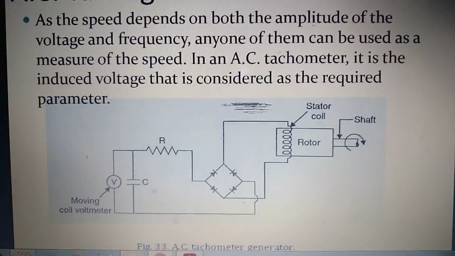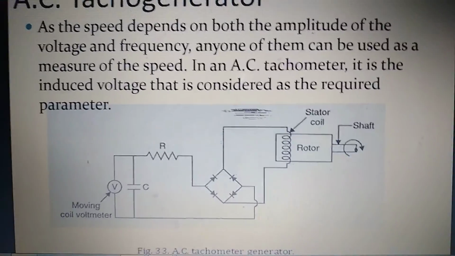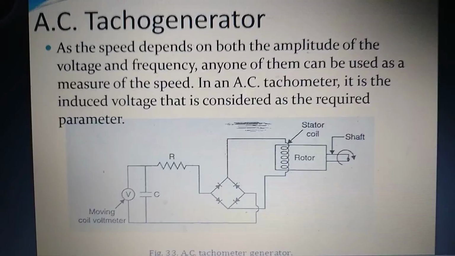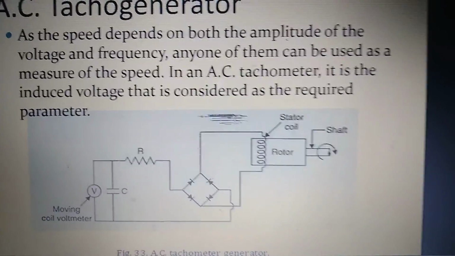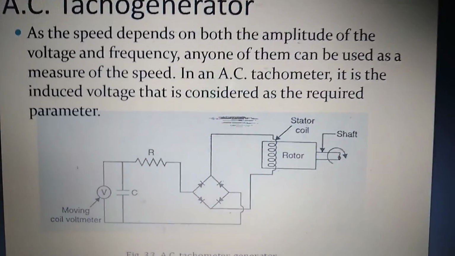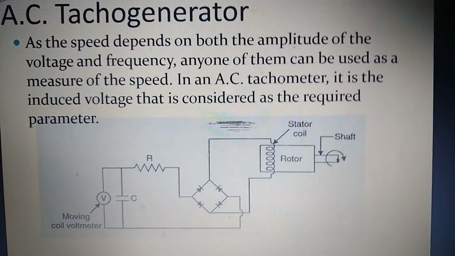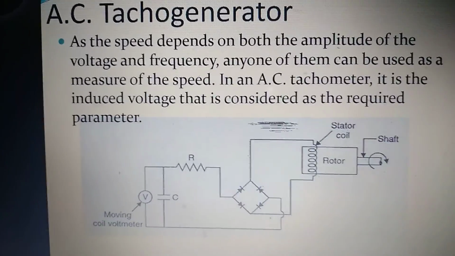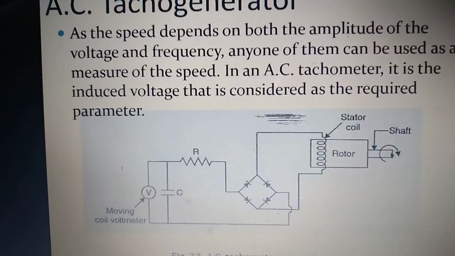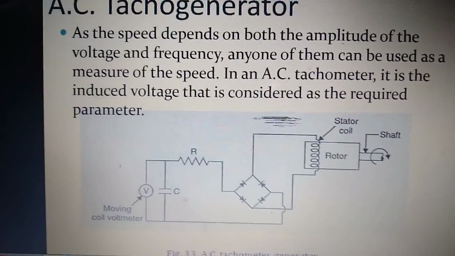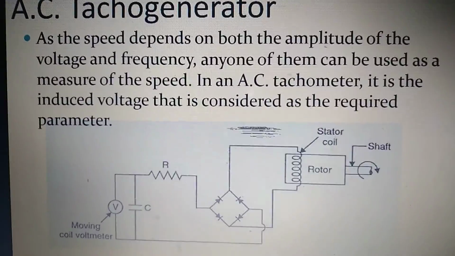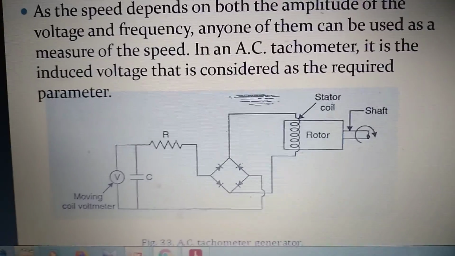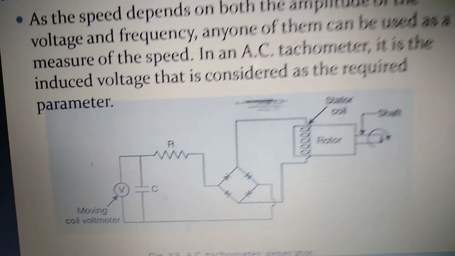So the rotation shaft is attached to the magnet. Because the magnet is attached to the rotational object, the magnet is also moving, which in turn generates a magnetic field. When the magnetic field strikes the aluminum coil, an electric signal is generated in the wire. So it gives a voltage, which is directly proportional to the speed of the rotational shaft or machine.